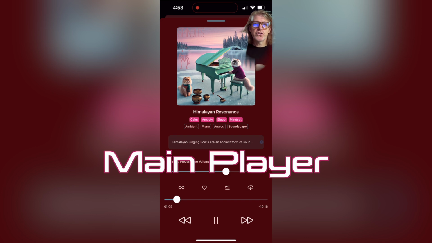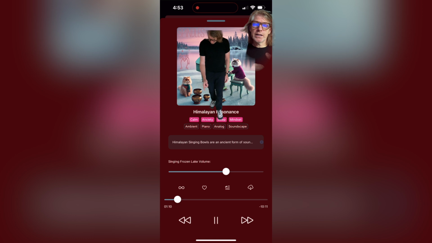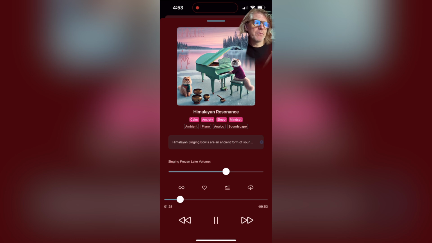And the main player will show you the quirky artwork in all its glory. You'll see four keywords for the function. These are the primary uses I envisioned, whether it's sleep, meditation, or calm. You'll see those main areas of use. And then four areas for musical attribute. Does the track have a beat, or is it more ambient? Is it a darker track, or brighter, or bassier? And so you'll see the keywords for that. And those are also going to come in useful later when we get to the filtering section.